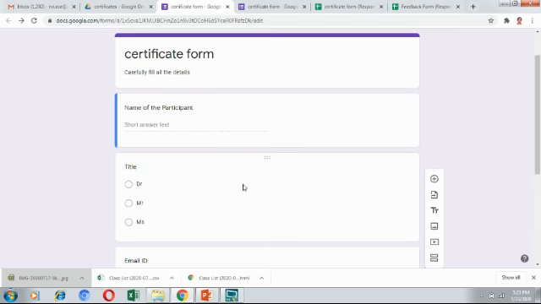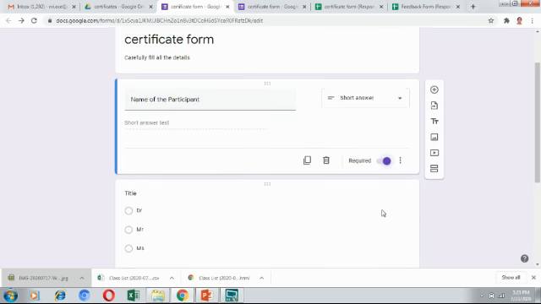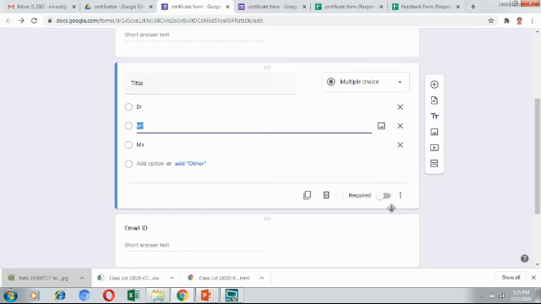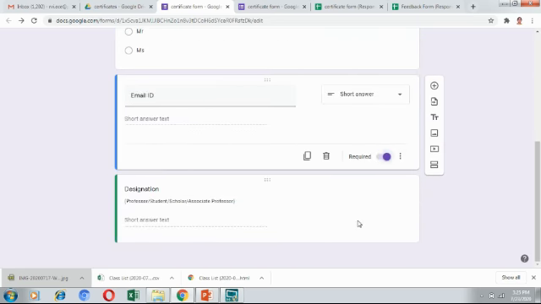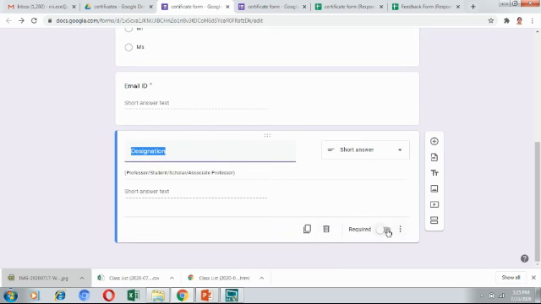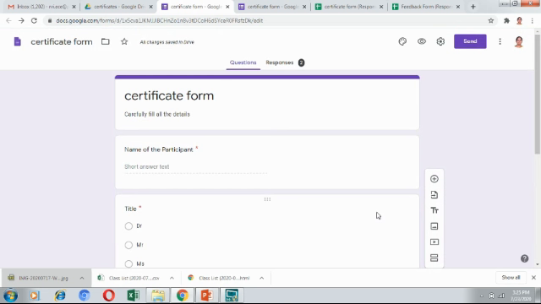And when the users fill in the responses, if these responses are mandatory, then you have to check this. These responses are mandatory. So email ID is mandatory. Designation is mandatory. And here, if you want to obtain it as a feedback form, you can have questions. How do you rate this seminar? Or will you apply this concept to your day-to-day life? In this way, you can ask some questions.